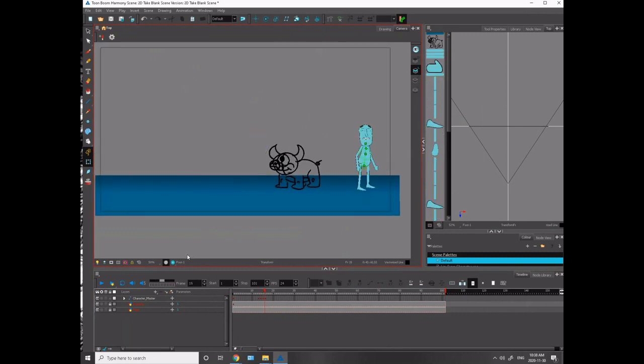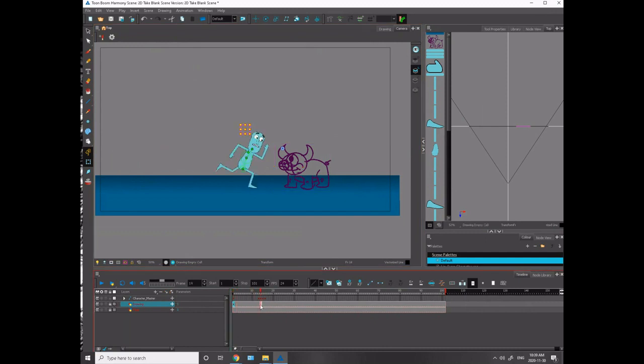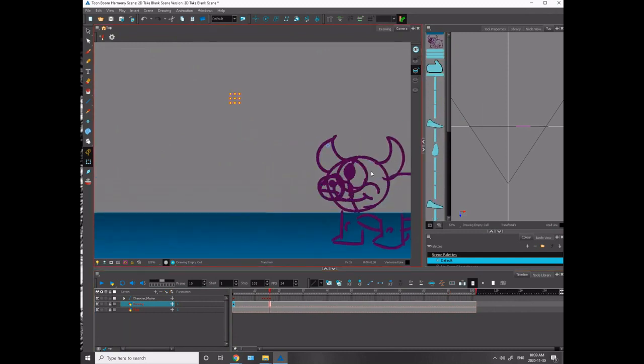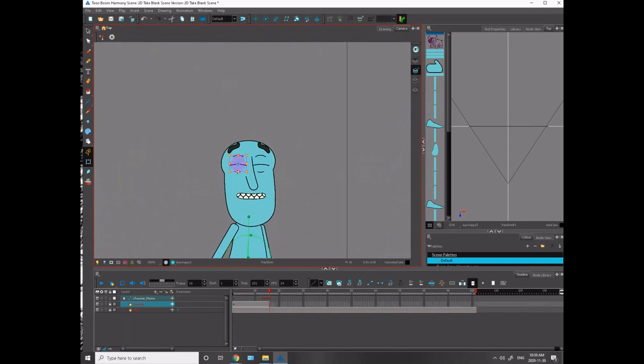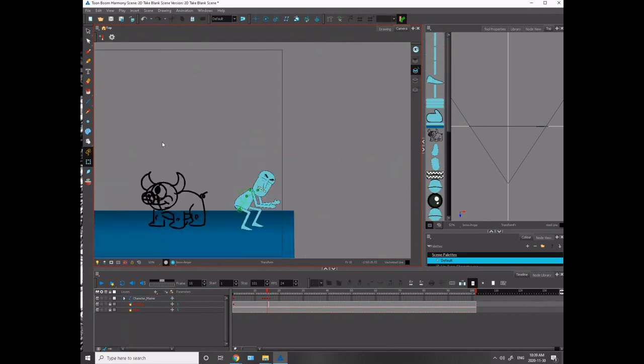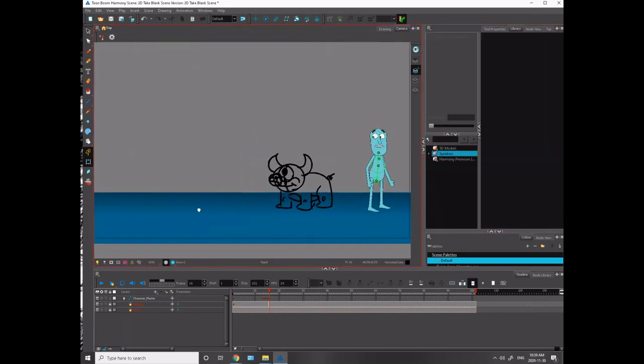So jump, landing, like that. Maybe my monster can be moved over a little bit here. I got to readjust. Oh, that's good. Okay, so